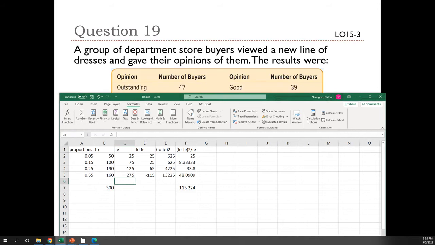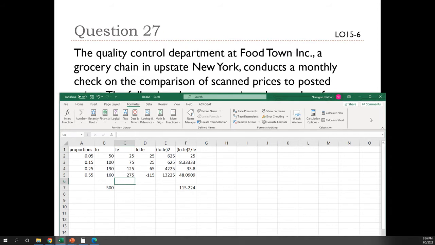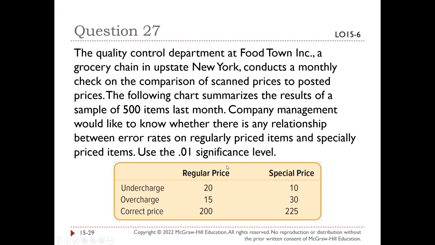Okay, last question of 15. The Quality Control Department at Foodtown Inc., a grocery chain in upstate New York, conducts a monthly check on the comparison of scanned prices to posted prices. The following chart summarizes the result of a sample of 500 items last month. Company management would like to know whether there is any relationship between error rates on regular price items and specially priced items. Use the 0.01 significance level. So here,